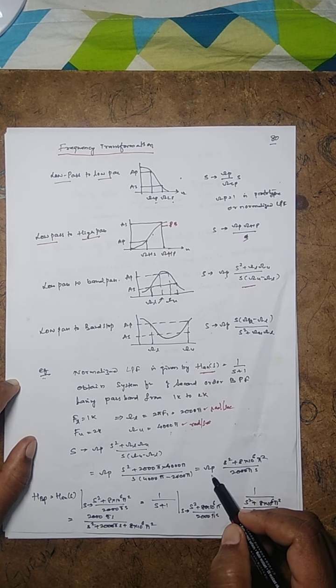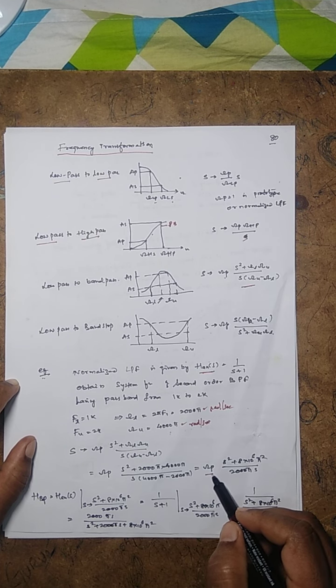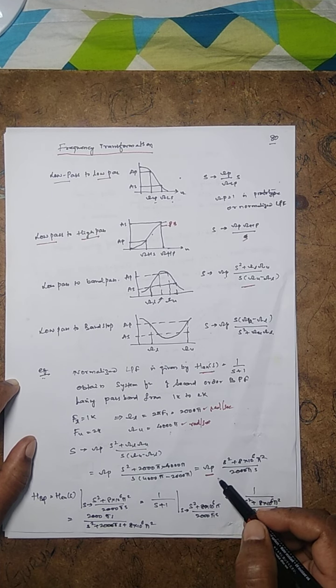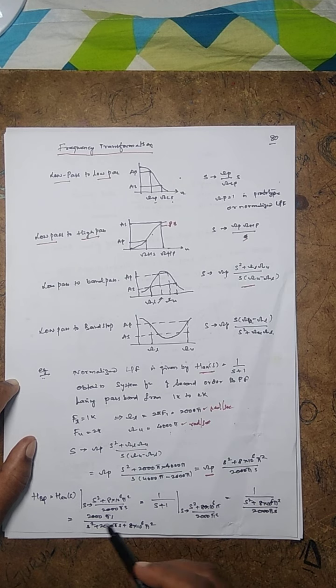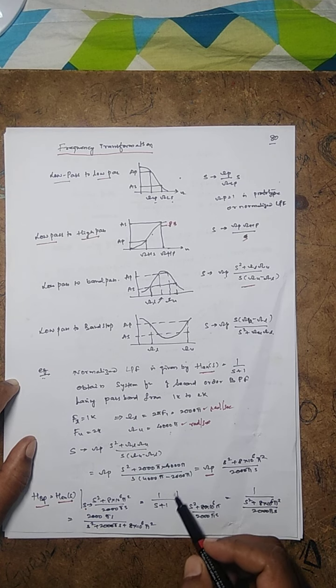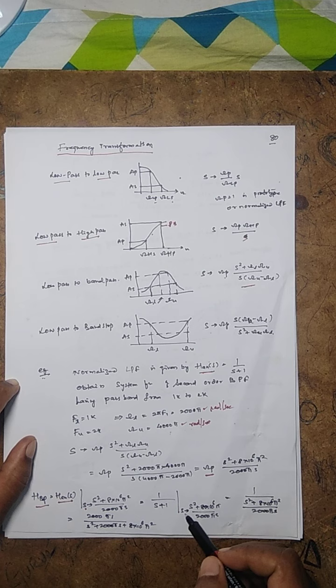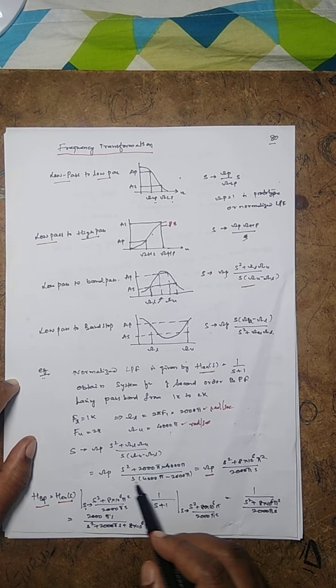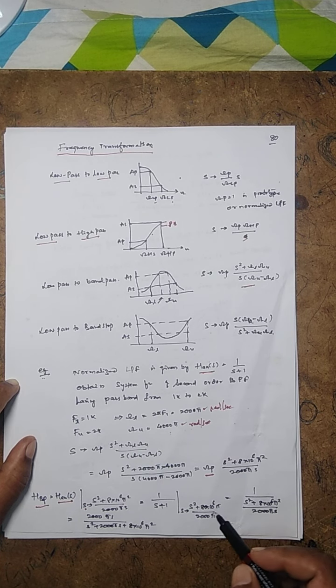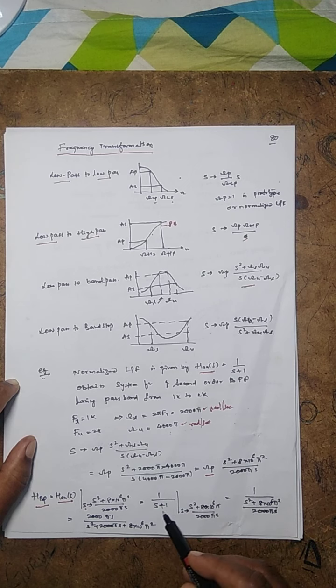And if I take omega P as 1, then that is a prototype or a normalized band pass filter. So now to get H of the band pass filter, that is H analog filter of S, wherein the S is replaced by this one. So this expression is 1 divided by S plus 1. S is replaced by this expression.